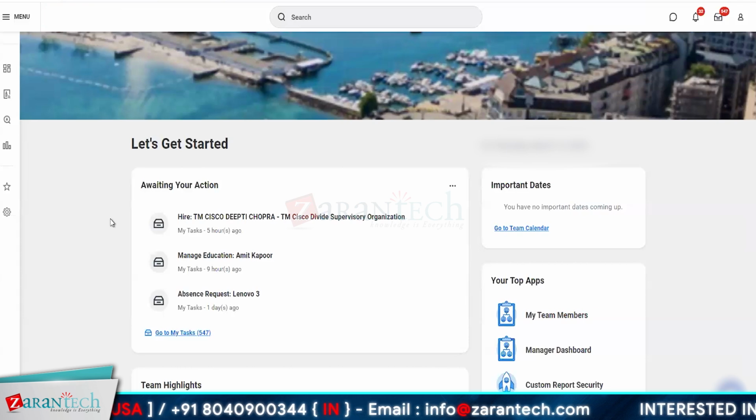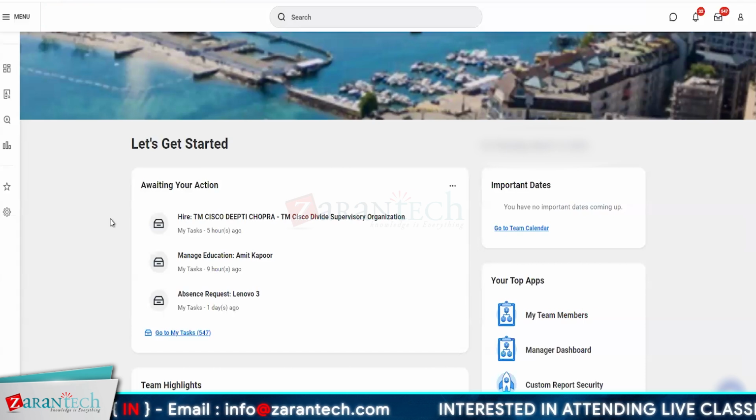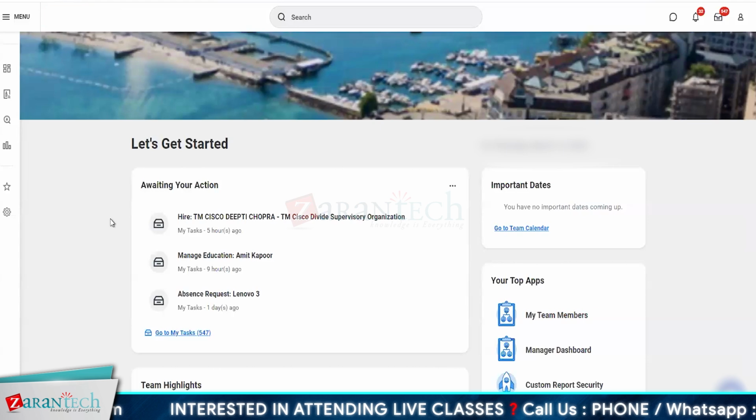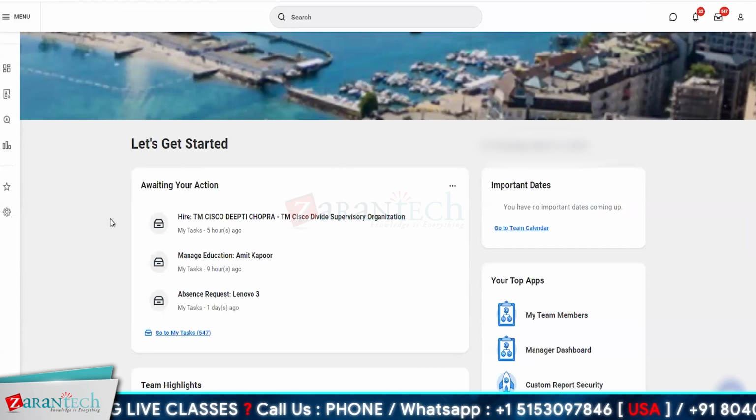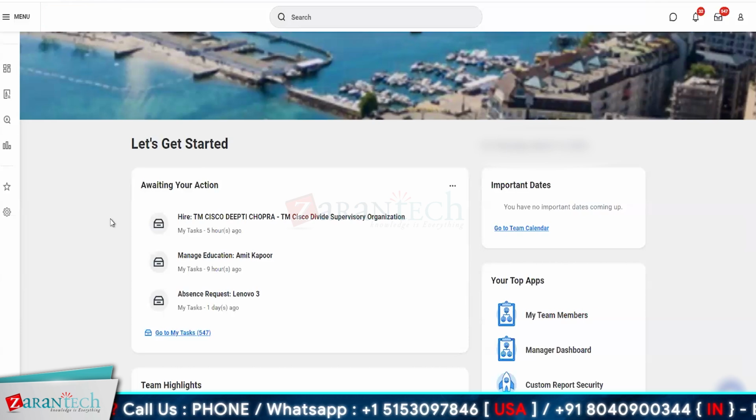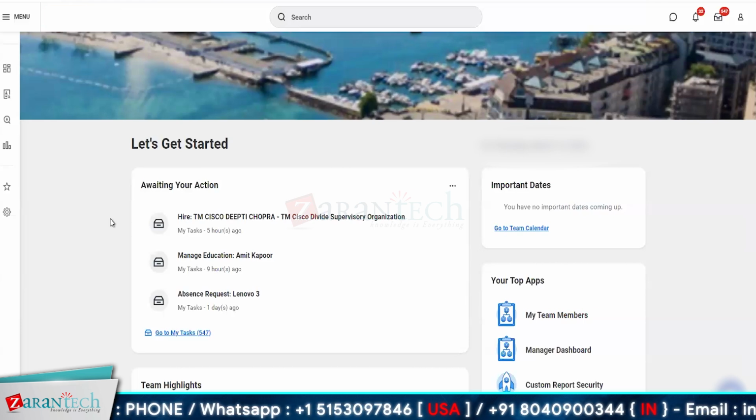You will have access to the community. You can check the community documents on how things need to be set up based on your requirements. You can check Workday's official documentation about that particular feature, and then you can set it up. Even I do that even today. Even at my level, I might not know each and every single functionality. If I don't know how to set something up and I'm doing it for the first time, I just go and check,